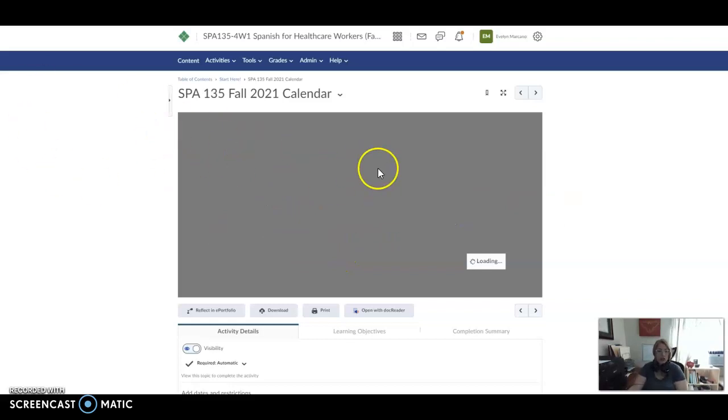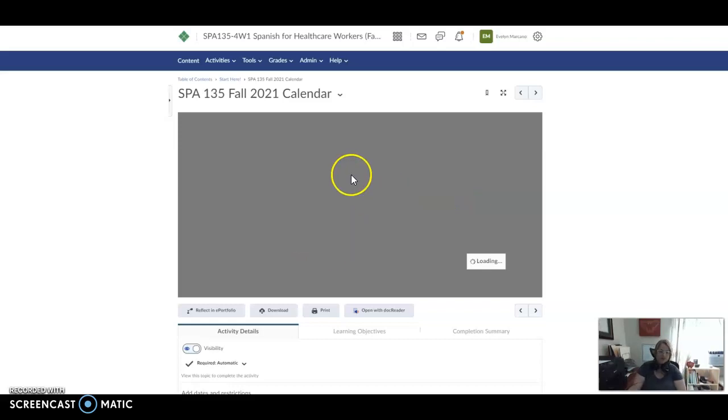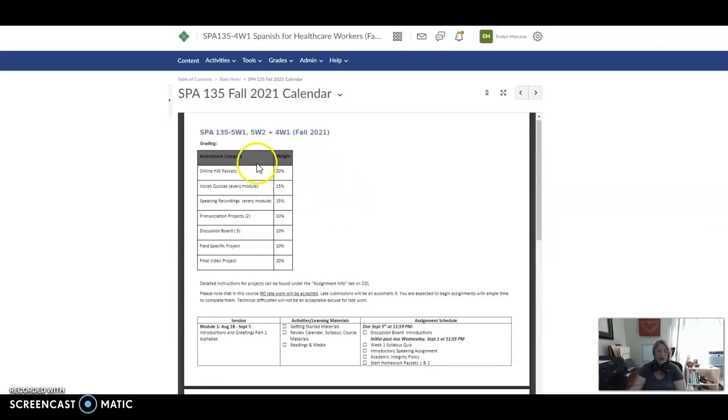So we just clicked on the calendar so we can take a look at it. Computer's a little bit slow today. Here we go. So here you have all the categories, the weight of your assignments, online homework packets.